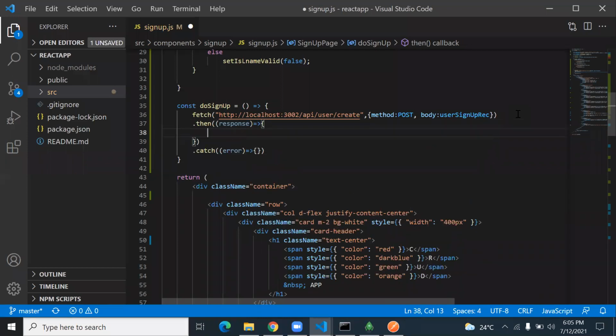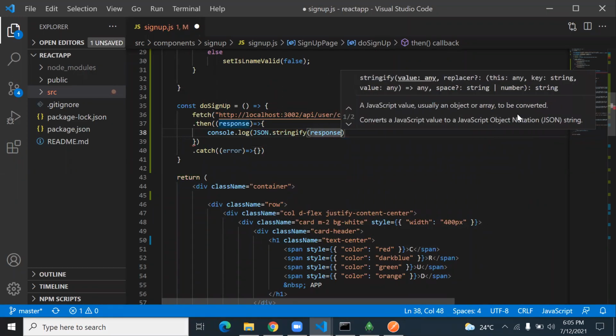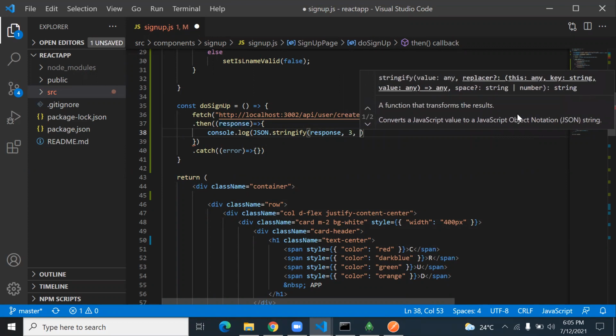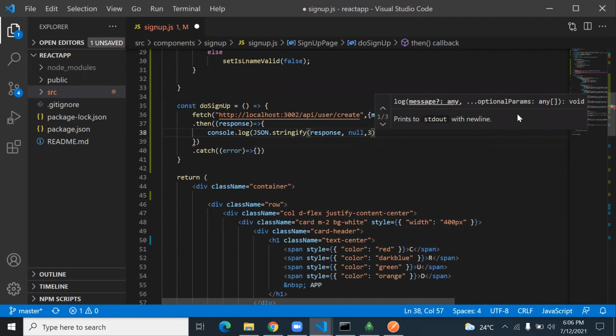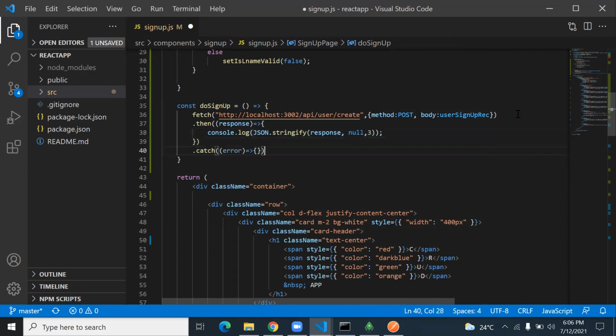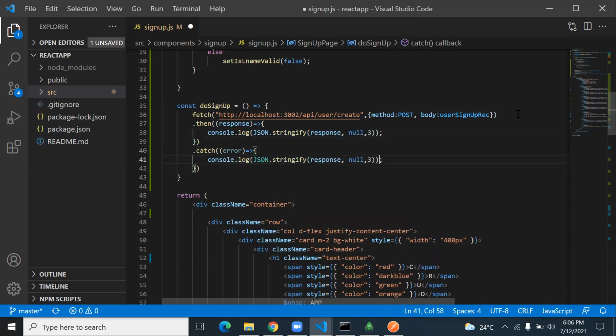So if it is a response, then in the console log I print the response object, just adding the JSON stringify method, and this response object will print in the console. And even if it is an error, the error also will print in the console using JSON. So this is to print the error.